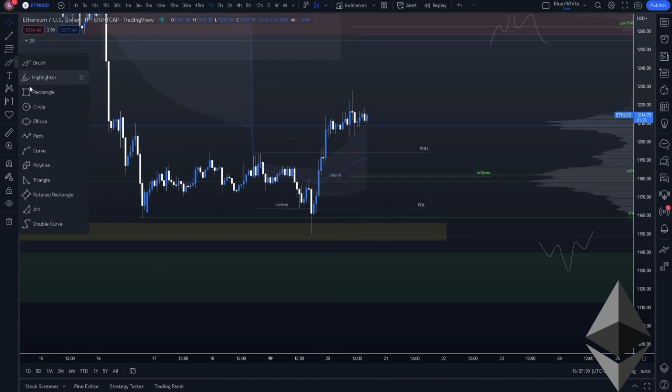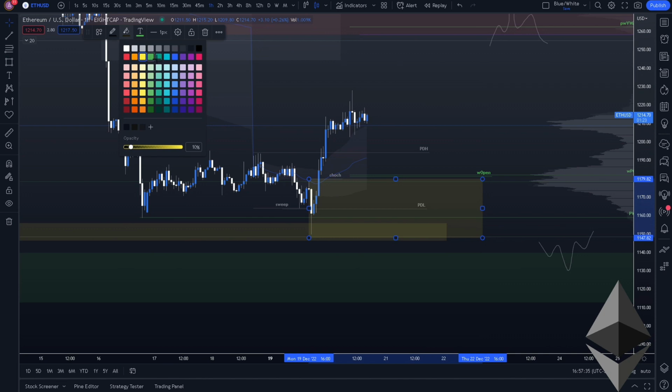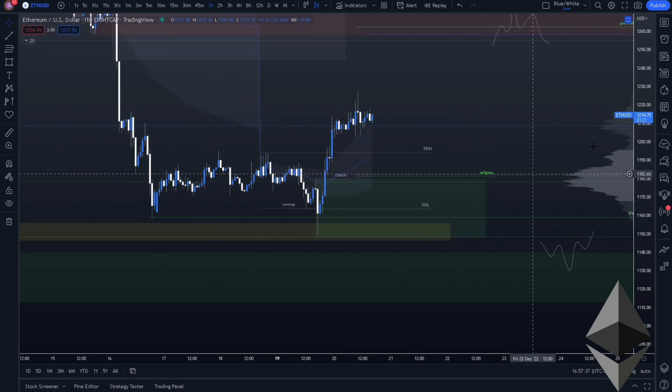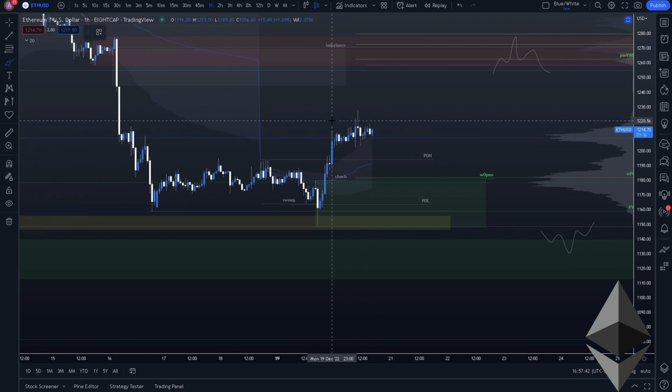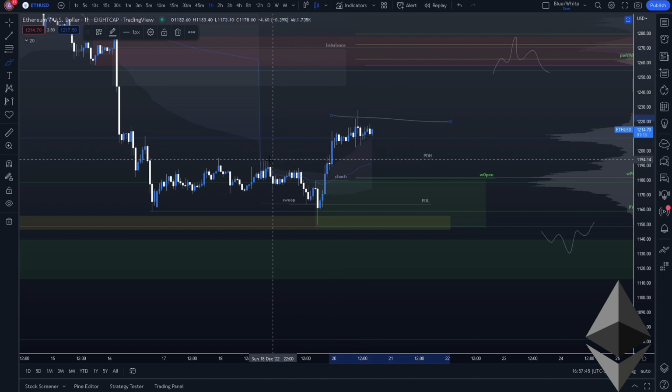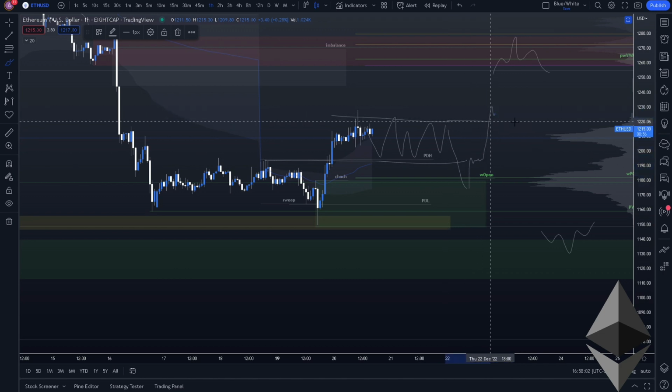What this does is generate a zone of demand in this area right here, and since it's bullish, I'm going to mark it green. Pretty much this entire area is a good area to find a re-entry into this move. As you can see, from this previous day high, we're going to find Ethereum ranging here, and ideally what you want to enter is on a deviation of this range. You're going to see price come down here, come back out, deviate out of this range, come back up and claim this range, and then you'll see it come up and claim the range top before moving up.